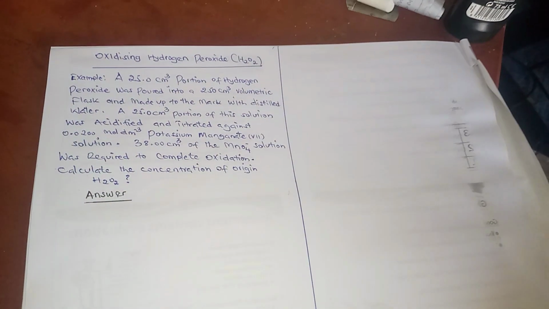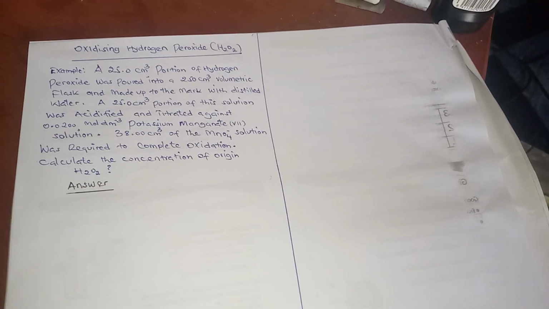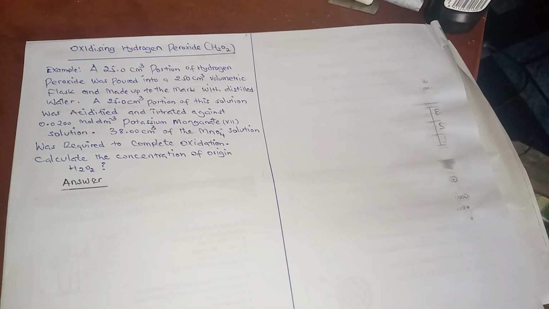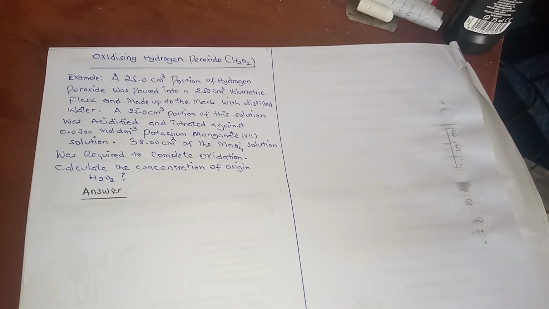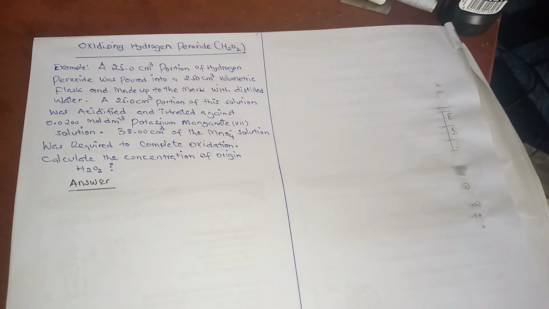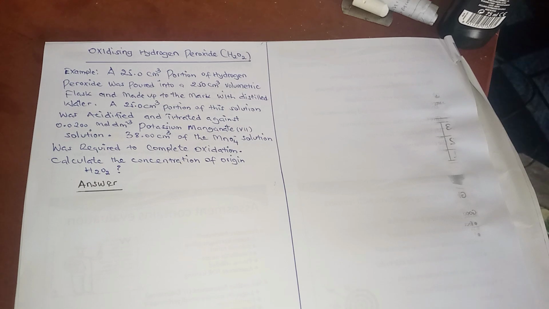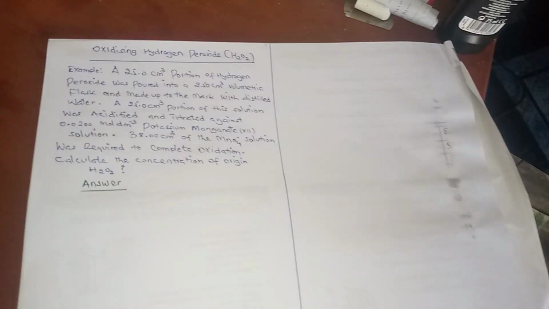So let's start our question. As I told you, this question is about reduction and oxidation reactions. First of all, we need to start by showing the half equations for hydrogen peroxide and for potassium permanganate. So let's start with